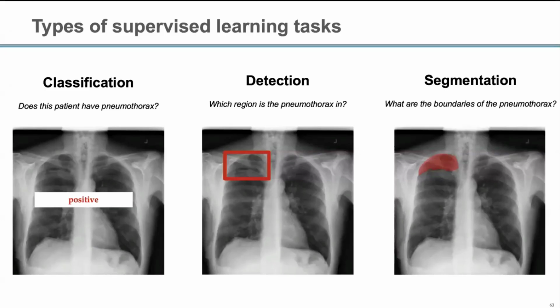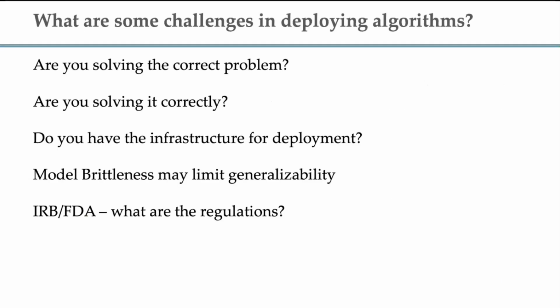Another approach is segmentation. So again, both of these on the right are a little more inherently explainable than a purely classification network. So I highly encourage you, especially those of us on the technical side, to really work with the clinicians to try to understand what is the real question that they are trying to answer and train the network to satisfy that, as opposed to thinking maybe a classification network will get you most of the way there. So, are you solving the correct problem?